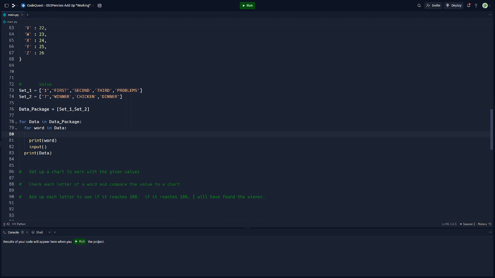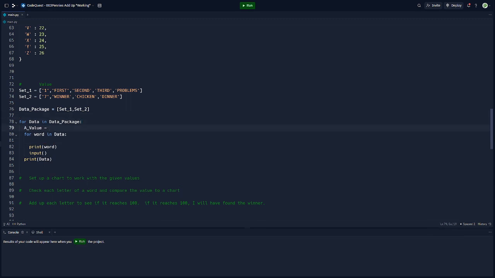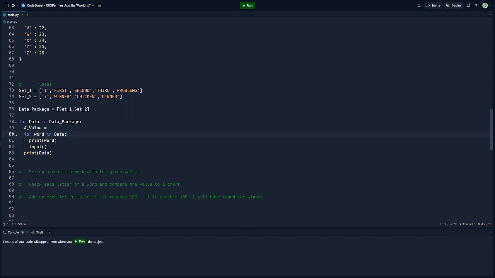So let's say a value is equal to, and I'm going to grab the first value out of our set of data. Actually, we probably want to do that here for each data package. So let me grab this and I'll put it right here. So this is grabbing the first data package, and for the first set of data, we want to say the value of A is the first guy here. So I'm going to say data 0,